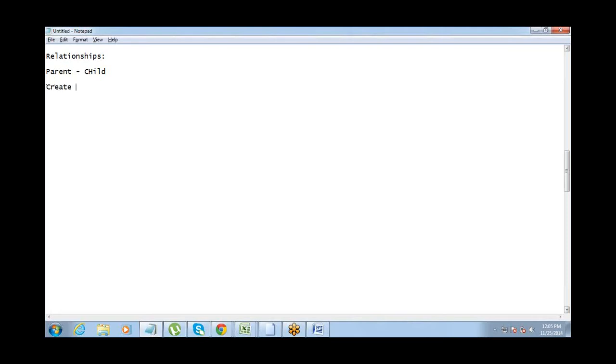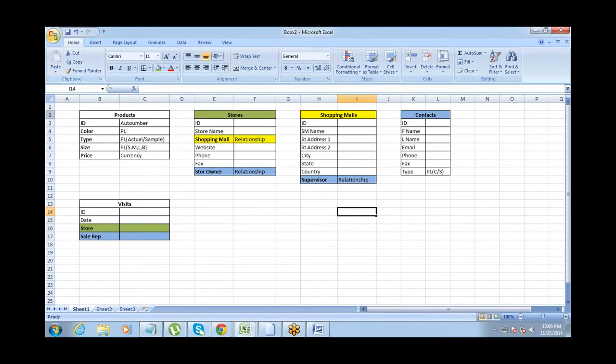You just have to create a relationship field. Relationship is a field type. You have to go and create the relationship field on the child object. That is it. So let's do one small thing. Let's take the example of shopping mall and store. We'll create this.